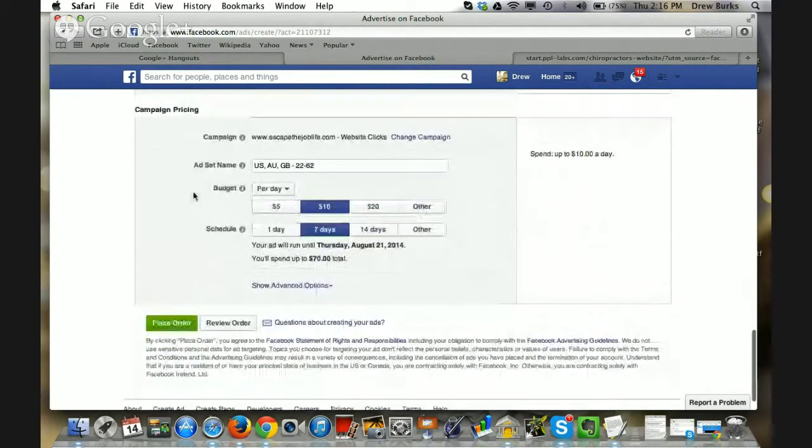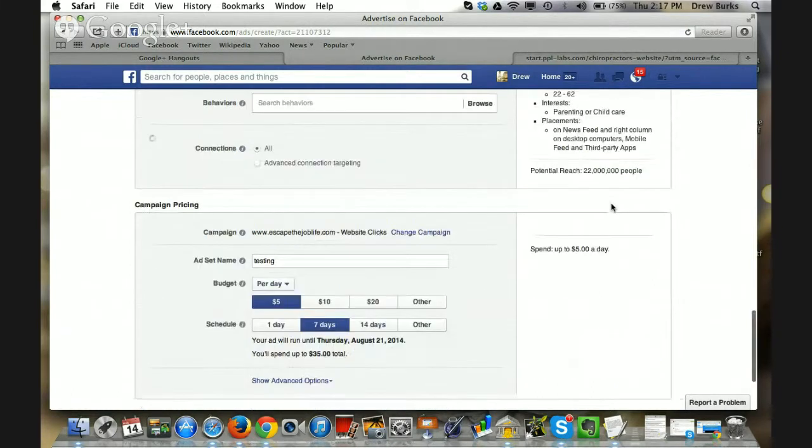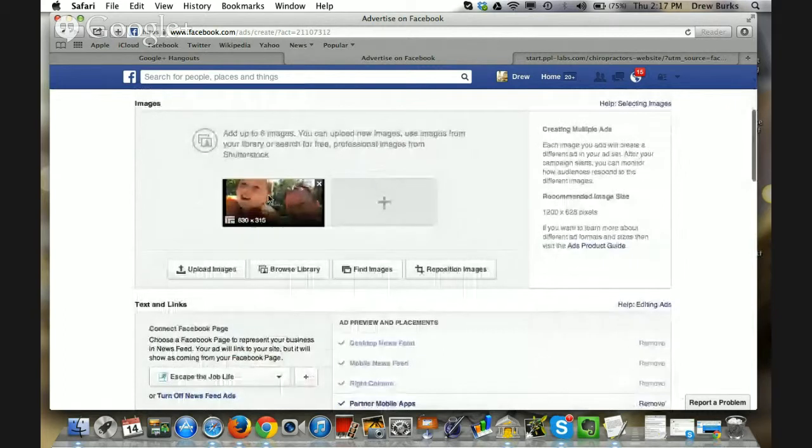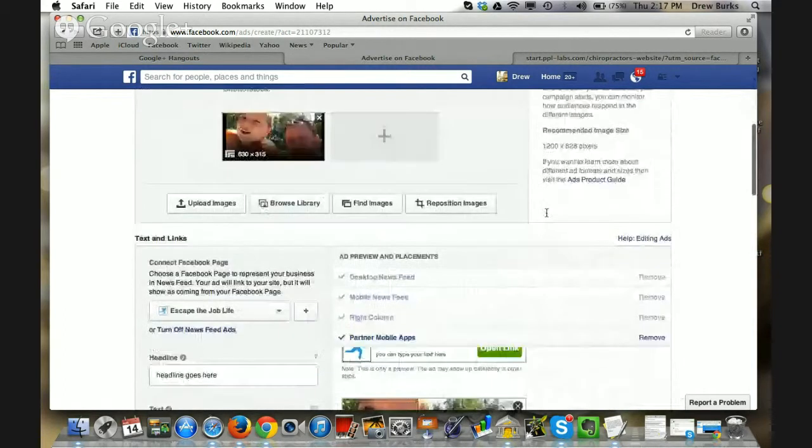Don't want you to overthink. I want you to come down here, and you're going to say, you can name this testing budget per day. So you want a budget per day. I would recommend you set it at $5 again, but it just depends on what your budget is. This tells you you would spend no more than 5 a day times 7 days, $35. So again, however much money you have, I wouldn't spend more than 10 a day when you're just starting out. And then you just place your order. It's really simple. The most difficult part of this is probably coming up with your photos and then playing with